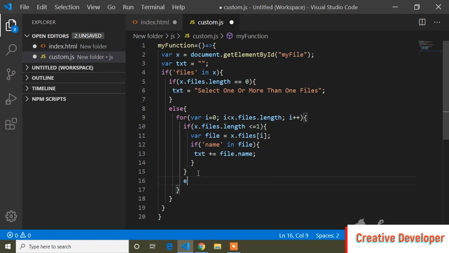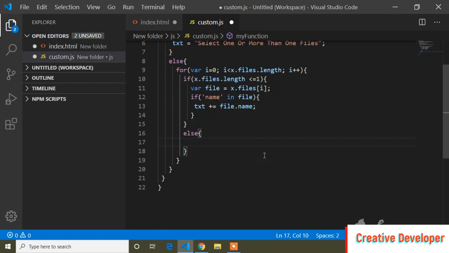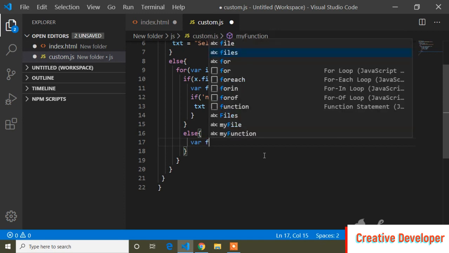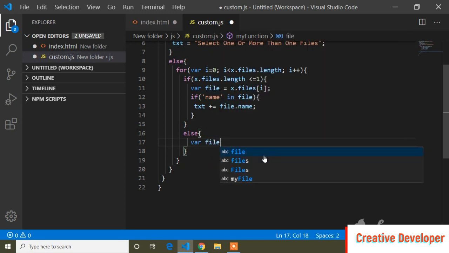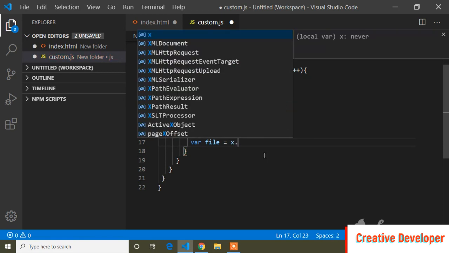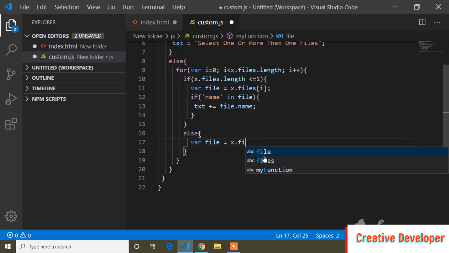And now here I will write an else part, and inside this else part I will write var file equals to x dot files square brackets i.